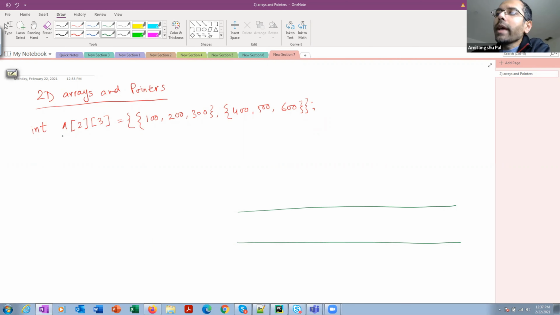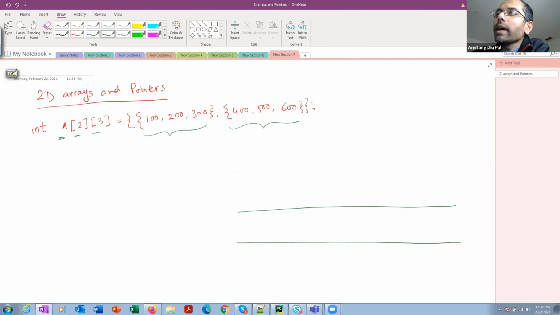A two-dimensional array A with 2 rows and 3 columns is nothing but two one-dimensional arrays, each consisting of 3 elements. Remember this idea very carefully.